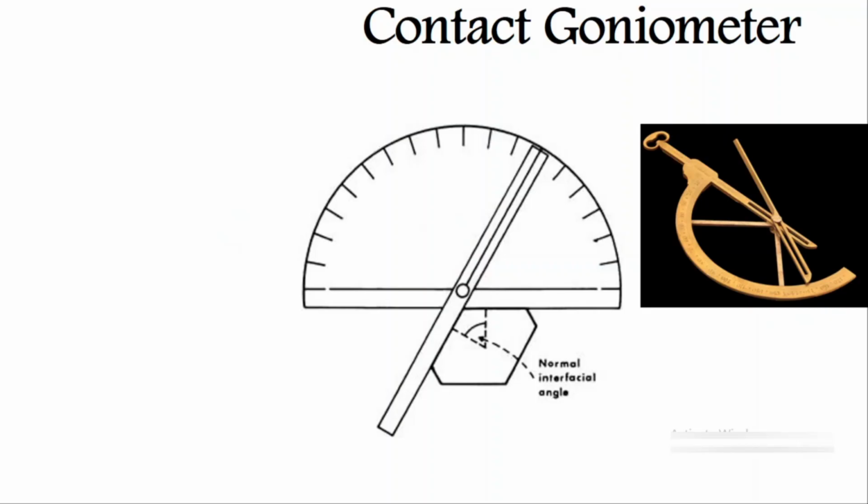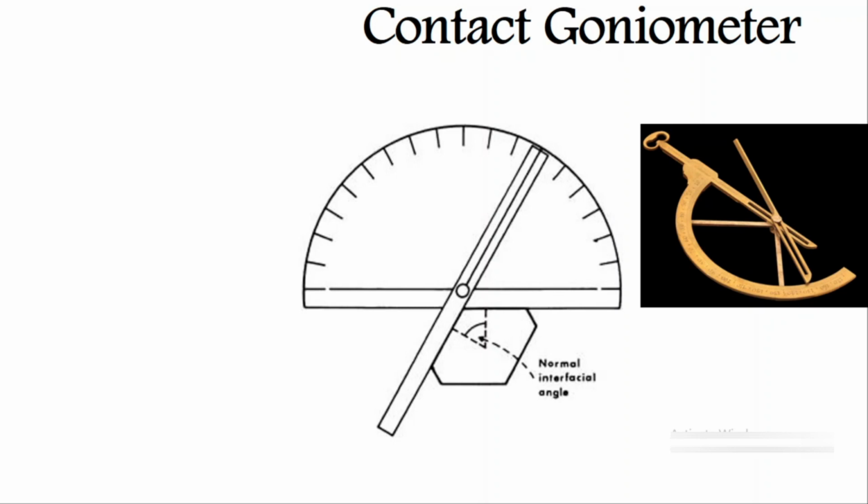Welcome to Geology Concepts. I'm here to discuss with you an interesting question from the IIT JAM 2016 question paper. As you can see, the question belongs to the contact goniometer. It's a numerical answer type question and it has created a fuzz in the public. IIT Madras got students confused about the answer of this question, but here I am to clear the doubt about it. They did not change the answer in the final answer key as well, but the answer needs to be changed. But anyways, we are going to see the correct explanation and solution of this particular question.